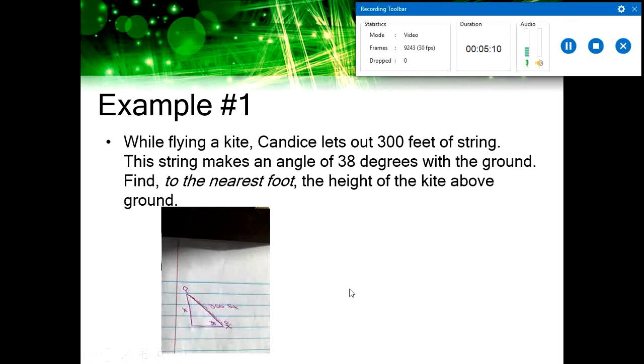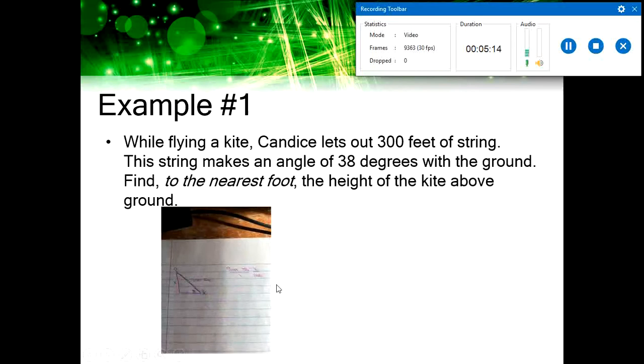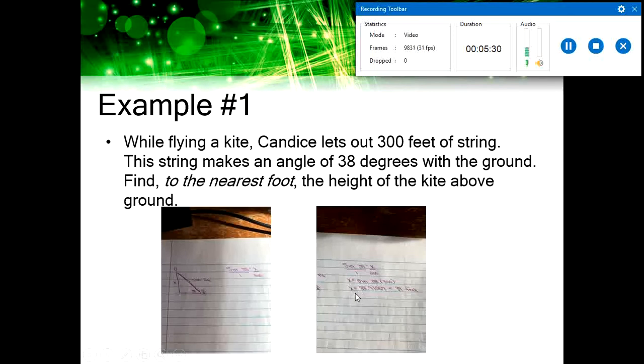so that would imply a sine ratio. As I set it up, there's sine of 38 degrees, x is my opposite, 300 is my hypotenuse. If you would like, you can put the sine of 38 over 1 to make a proportion. We're going to go ahead and cross multiply. So when I do that, I'm going to have sine of 38 times 300, and at this point it's just